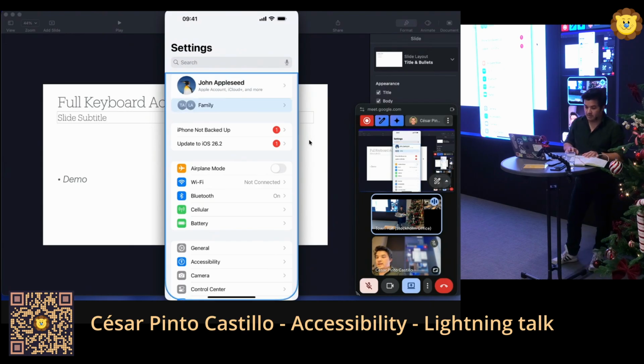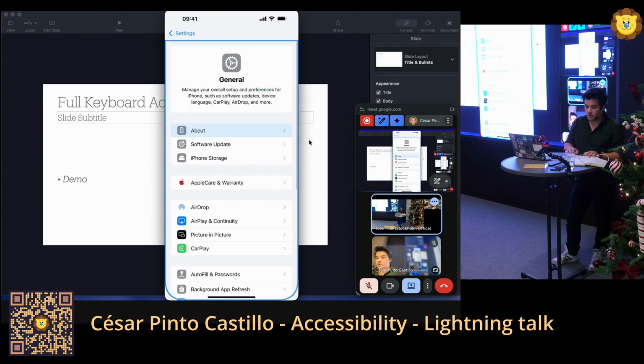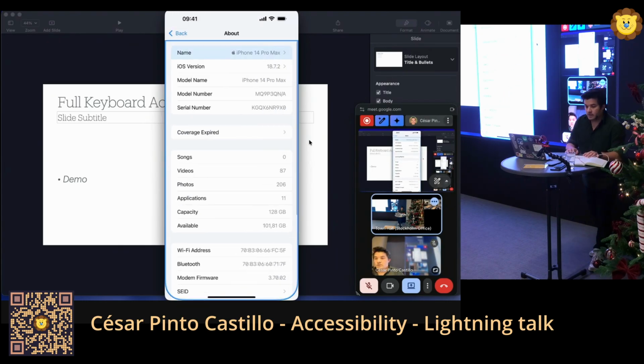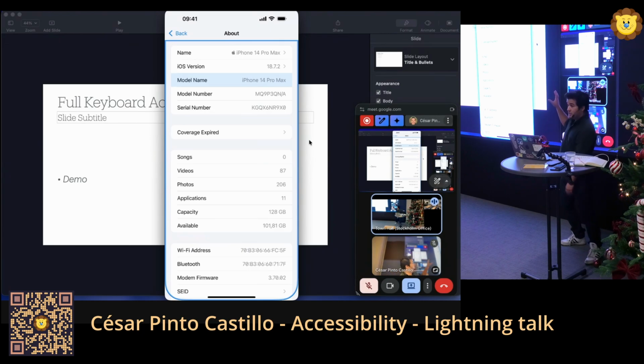An example here: if we go into General, we go into About, and I press up and down to focus, and space activates. So I can focus now on Model Name, for example, which is weird because this is doing nothing. So here we already find a scenario where we should not be focusable on this element, but for some reason, this is okay.